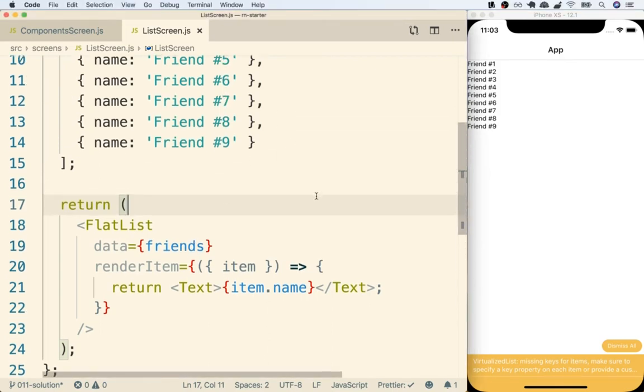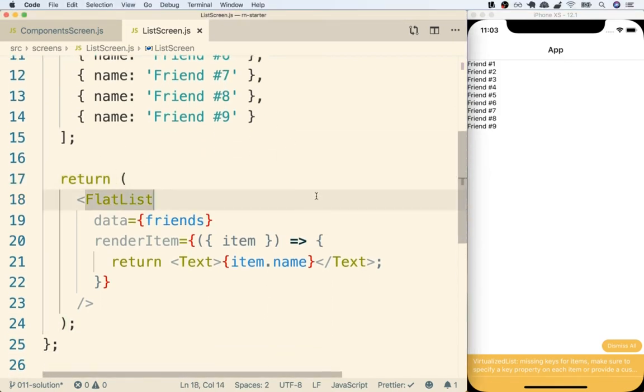In this video, we're going to take a look at two different ways that we can implement this key property and make this warning message go away. The reason I'm going to show you two different ways is that when you start to look at some documentation and blog posts and whatnot, you're going to very frequently see both of these different ways of adding in a key prop. Sometimes it's going to be really convenient to use one way, sometimes it'll be convenient to use the other way, and it's really going to be up to you which way to use.